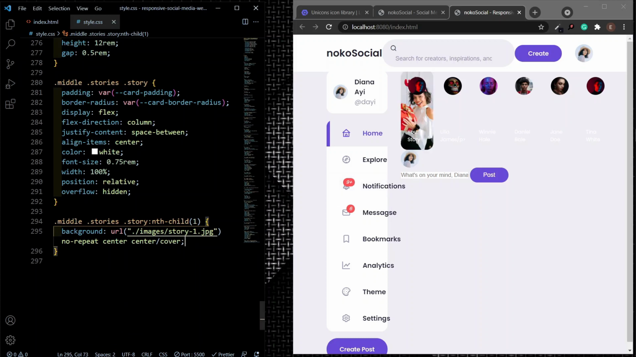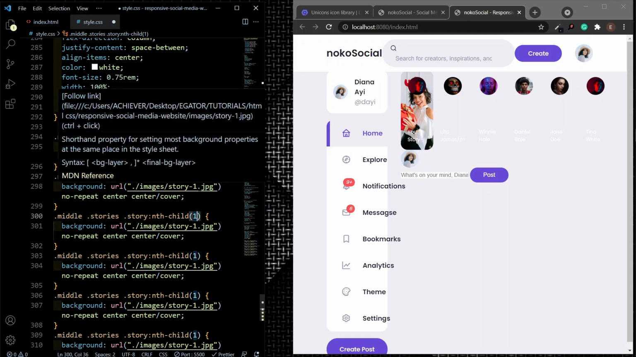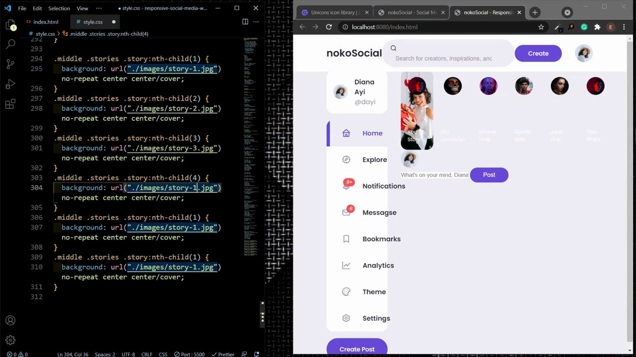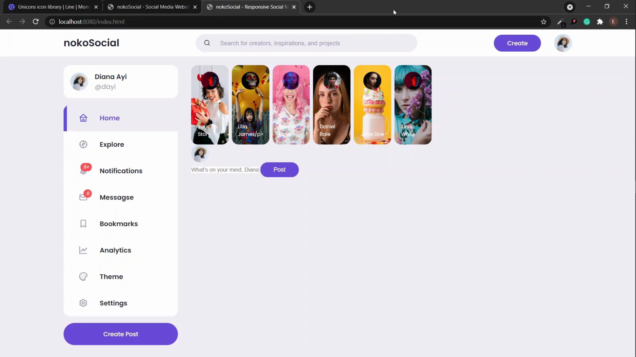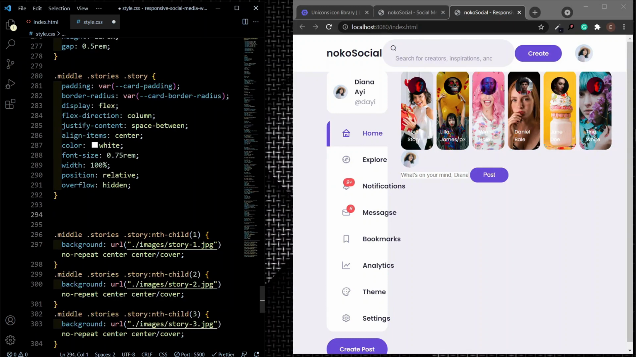I'm going to duplicate this a few times. So we have our first story, our second story. Our second story is going to be the second story picture, and then the third one is going to be the third story photo. So we have our stories. Now the names of the stories are not showing clearly, right? So with that, I'm going to get